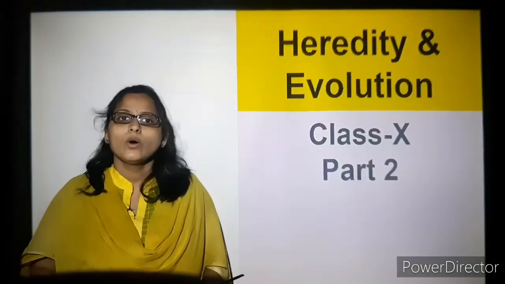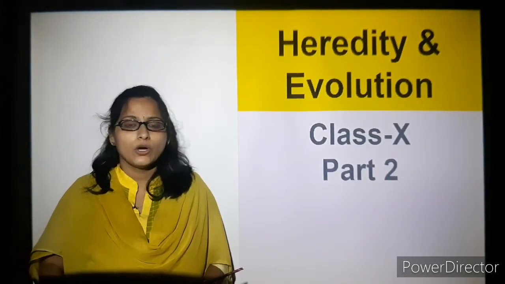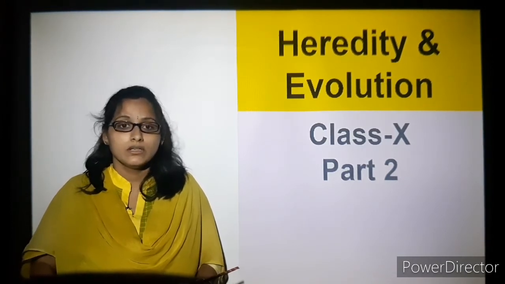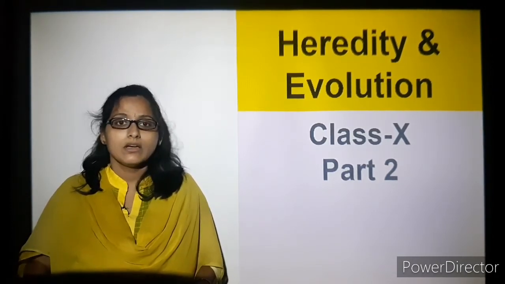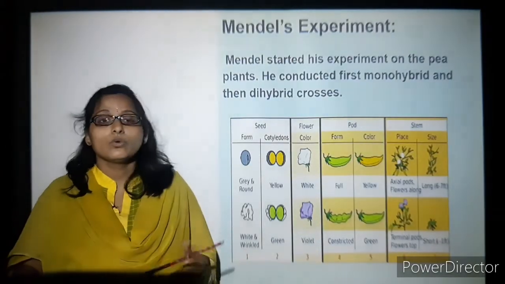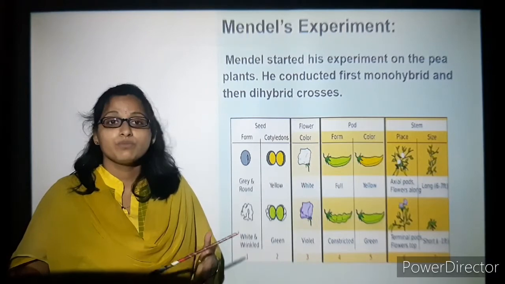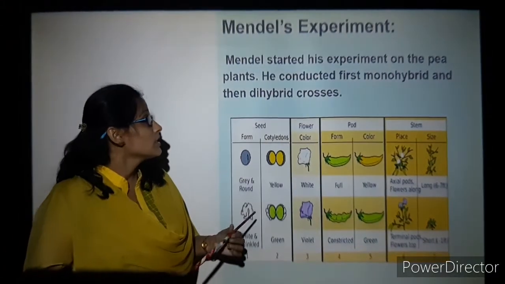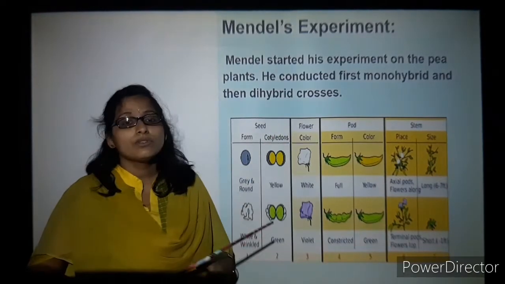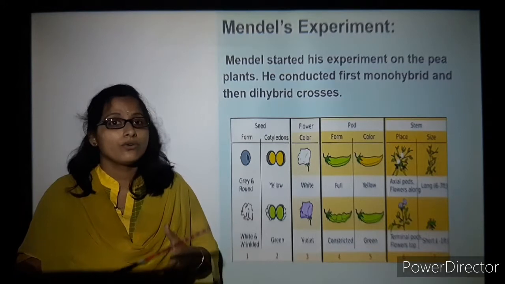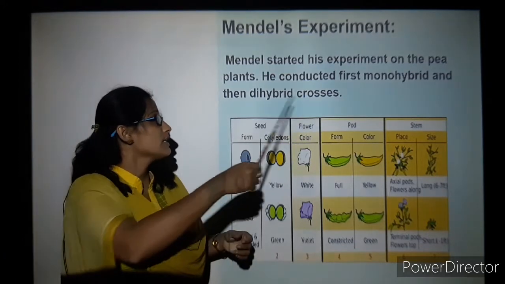Hello students, we will continue with the topic heredity and evolution with respect to Mendel's work. So let's start with Mendel's work. About him, like what he told in his experiment, he used pea plant or garden pea plant for his experiment. So he conducted two different types of experiment by crossing the plants or varieties or traits, that is monohybrid and